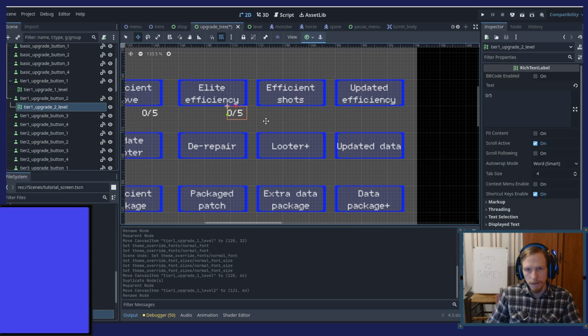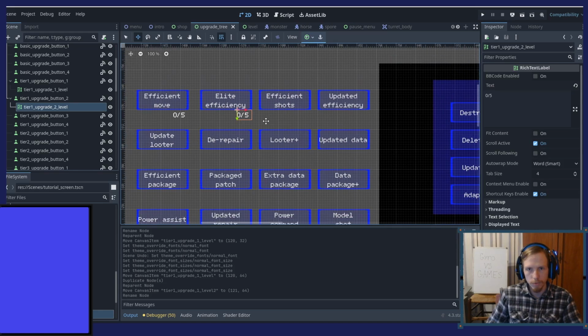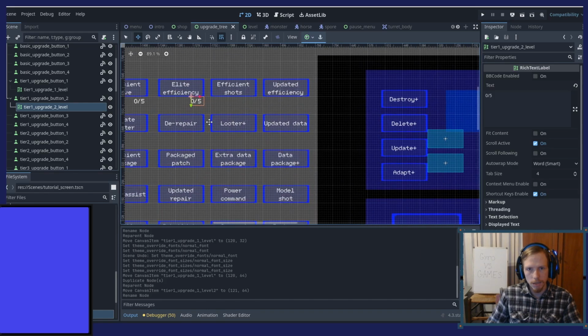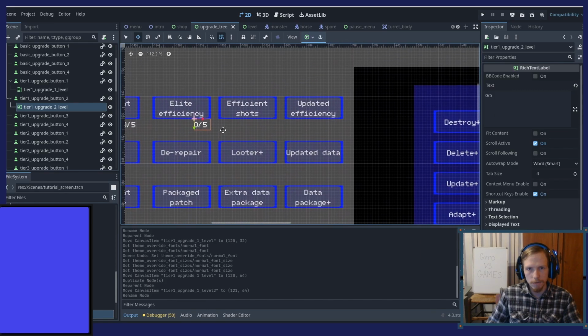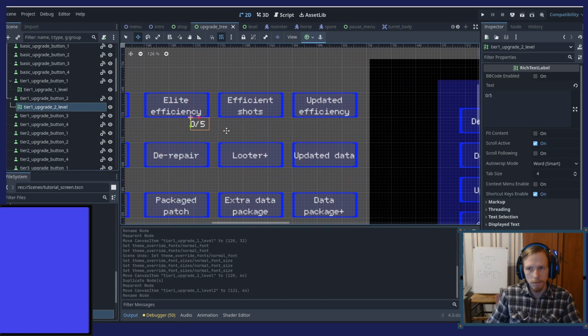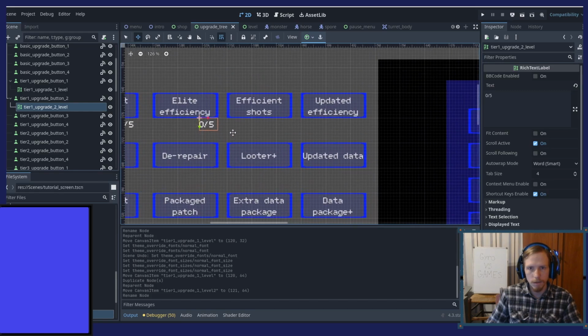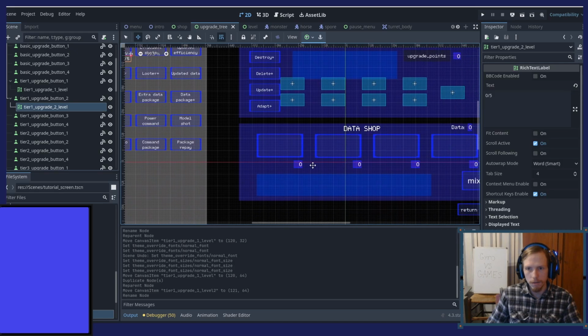Yeah, I may add some stuff to buttons themselves, but I think if I make it on the bottom right, kind of like this, kind of like here.